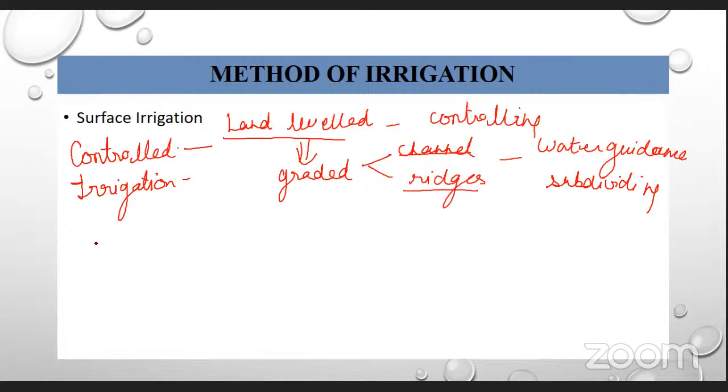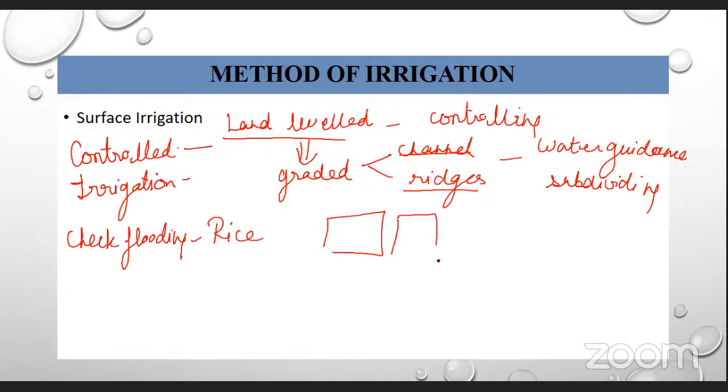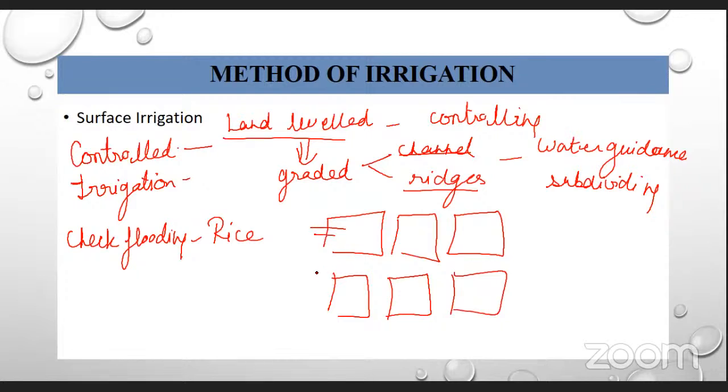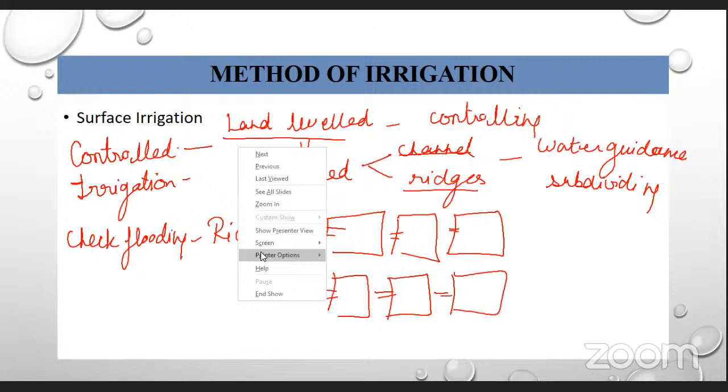Okay, the first one, as I told you, was the check basin flooding. And this check flooding we usually adopt in rice, and in that also we have the channels, meaning the plots are going to be divided into smaller ones, and then we allow the flooding in that field. So this is known as the check flooding, and after that the second one is the